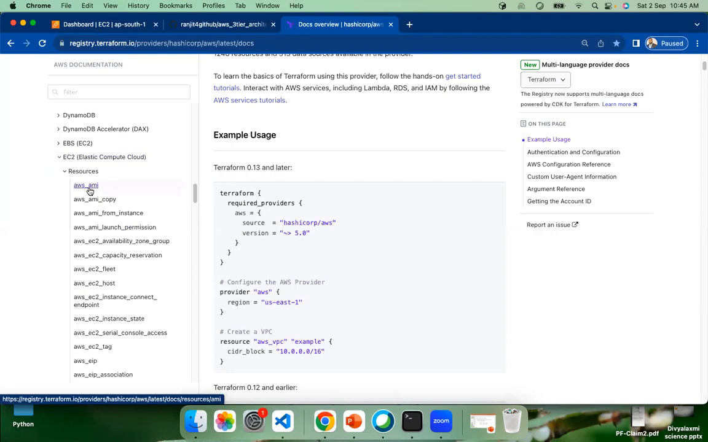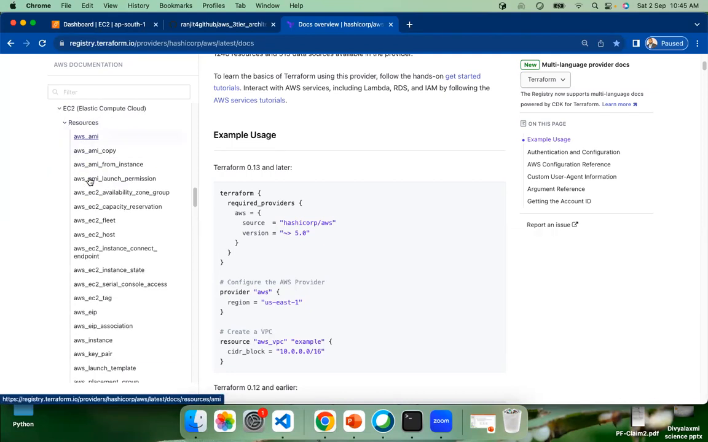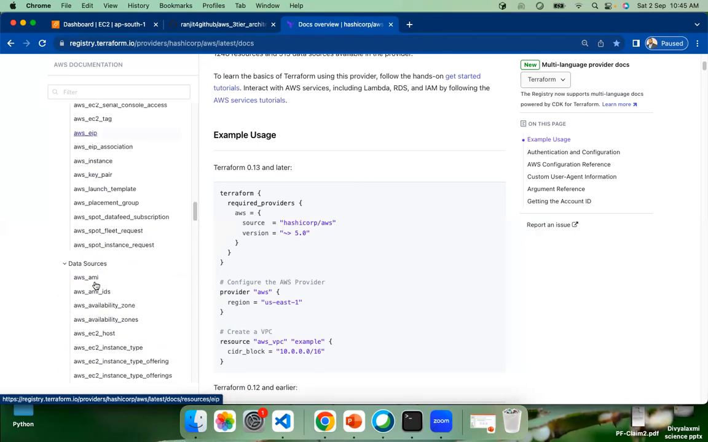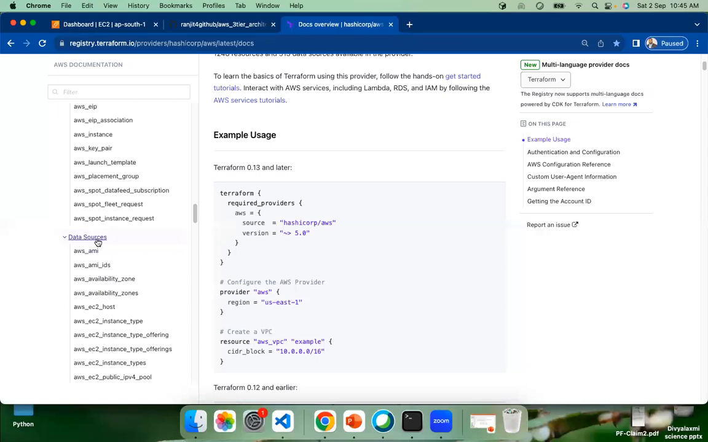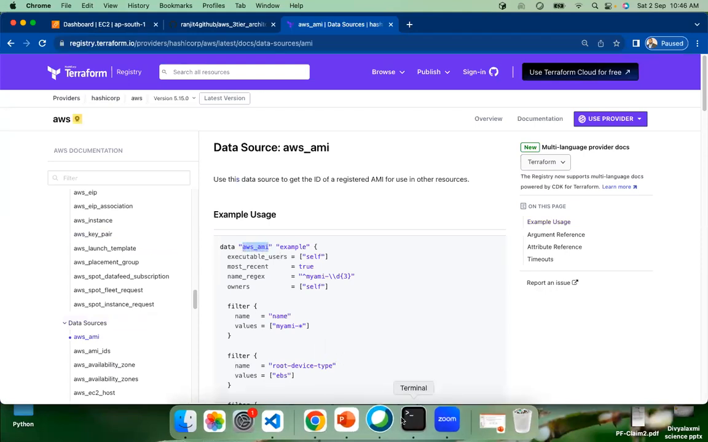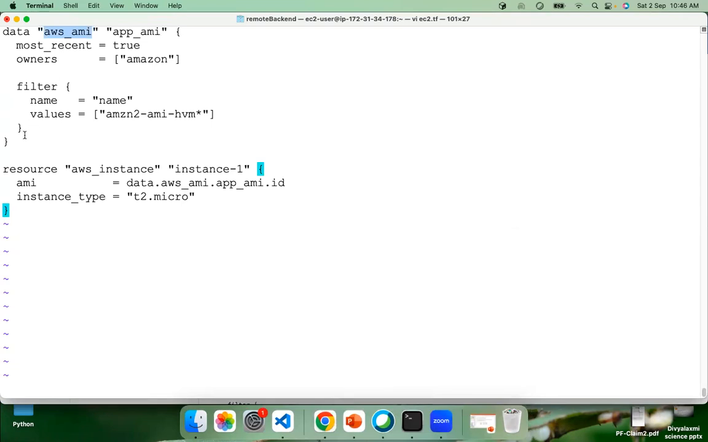So what happens here, guys? We have two blocks, right? Resource block and here data source block. We have already discussed the data source block, right? It just fetches the information and acts as the input to the resource block, right? Same thing for aws_ami, right? You can see it uses data, and this is the data source name aws_ami. So what it does in this particular snippet, it just